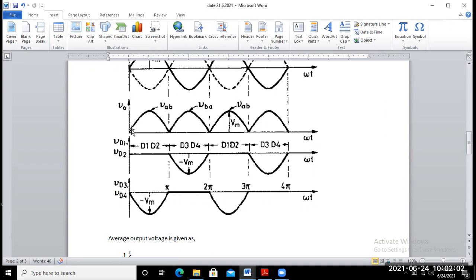So the output current waveform is similar to the output voltage, like this one, 0 to pi, pi to 2 pi, 2 pi to 3 pi, 3 pi to 4 pi. So it follows the same waveform as the output. Okay. So now next, what is the power delivered to the load?